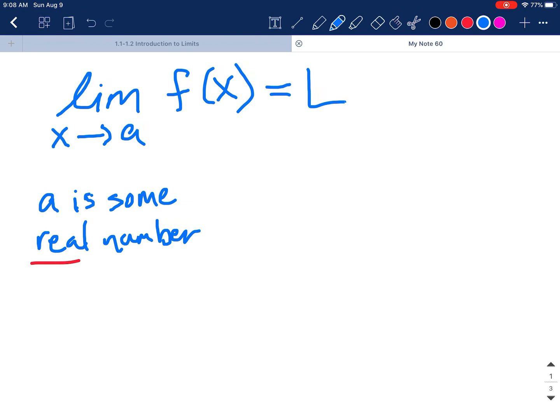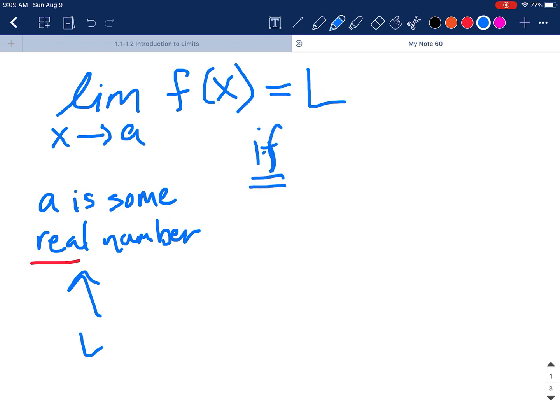And we give it an arbitrary value L, where L is also a real number. So it could be 6, 12, pi, negative 1/3, square root of 2, any sort of real number that we can think of. So the limit as x approaches a of f of x is equal to L if,